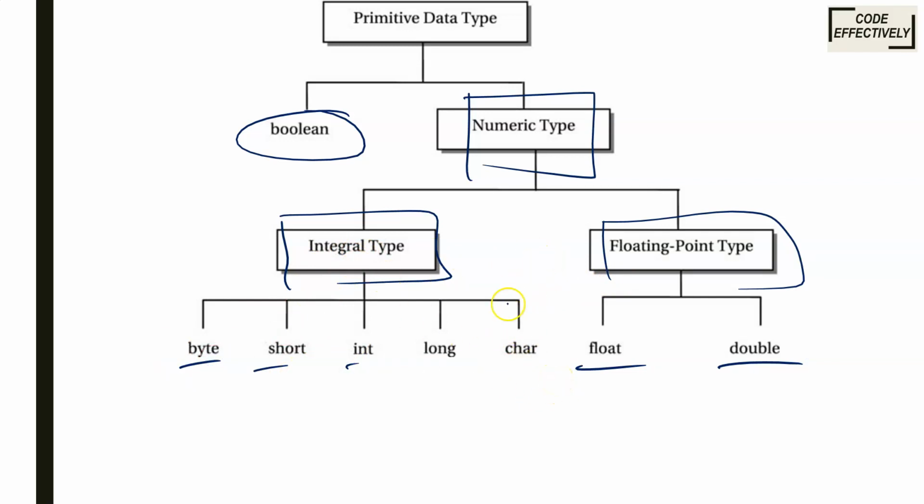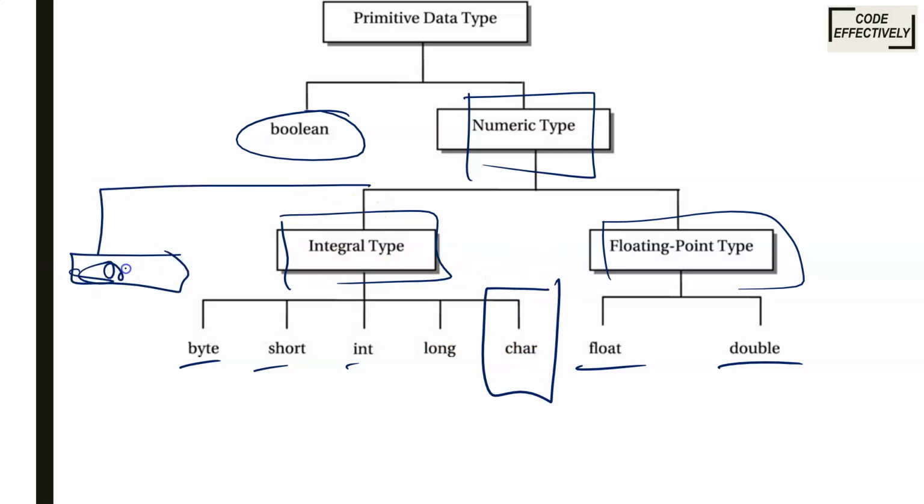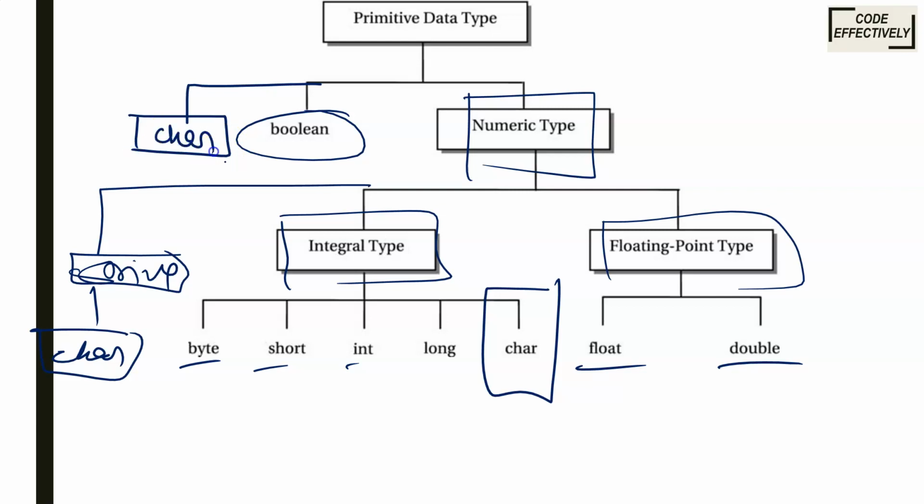You can also keep char in a character type, and you can put string there too, though that is different because it does not come under the integer type. Or you can just put char here only, that is more than sufficient.